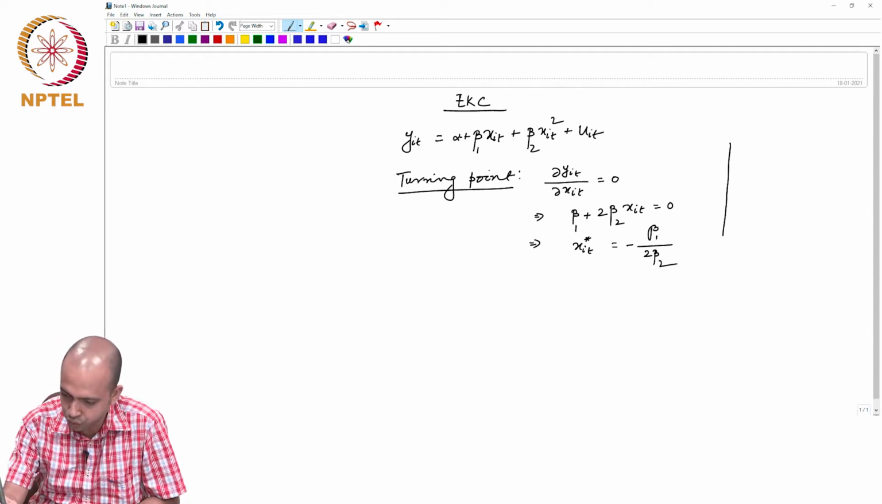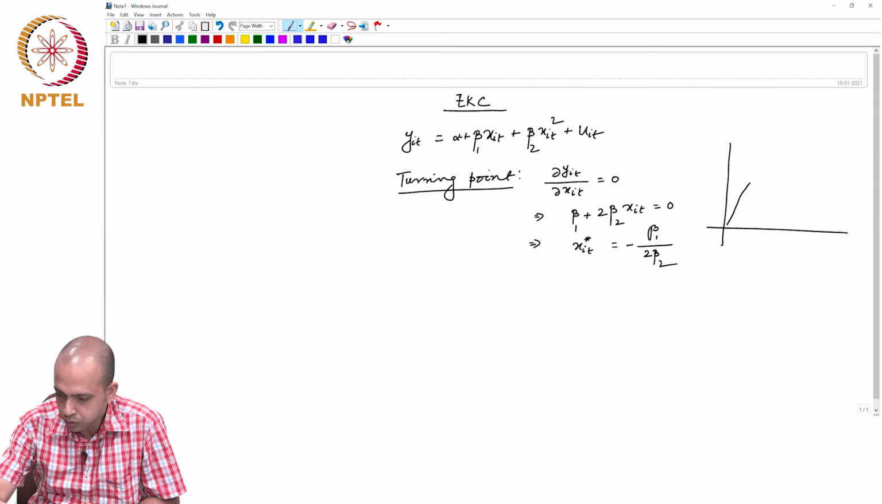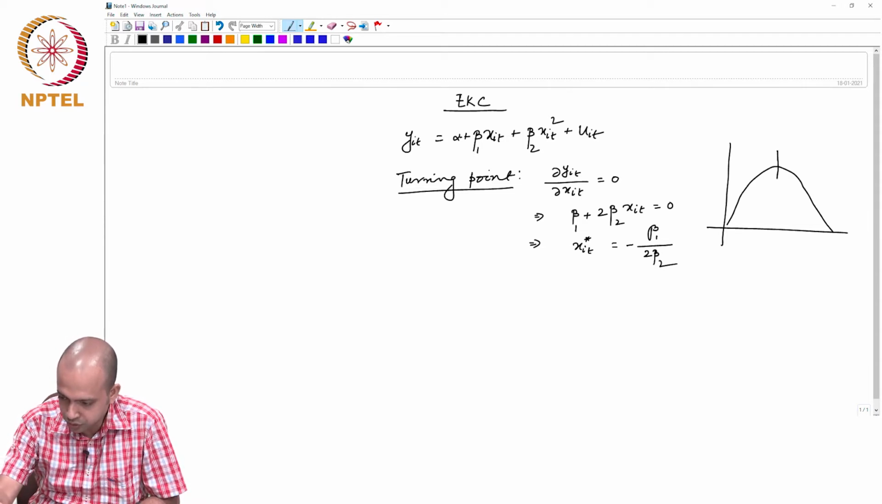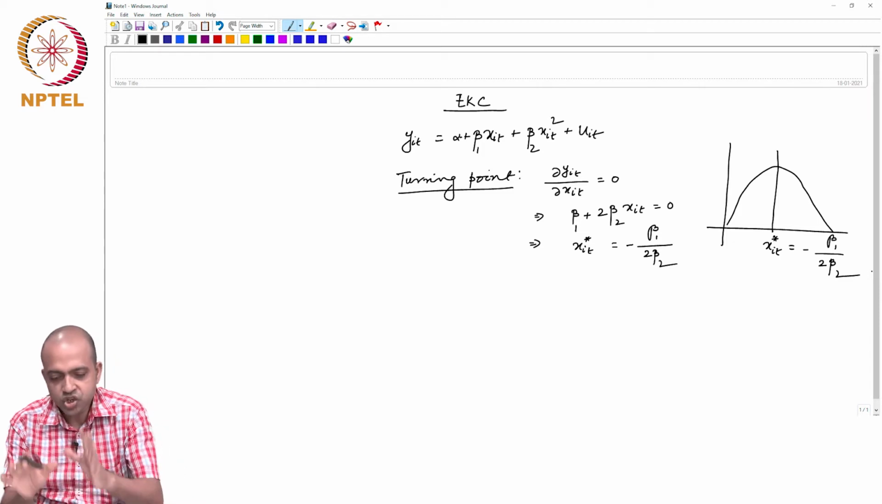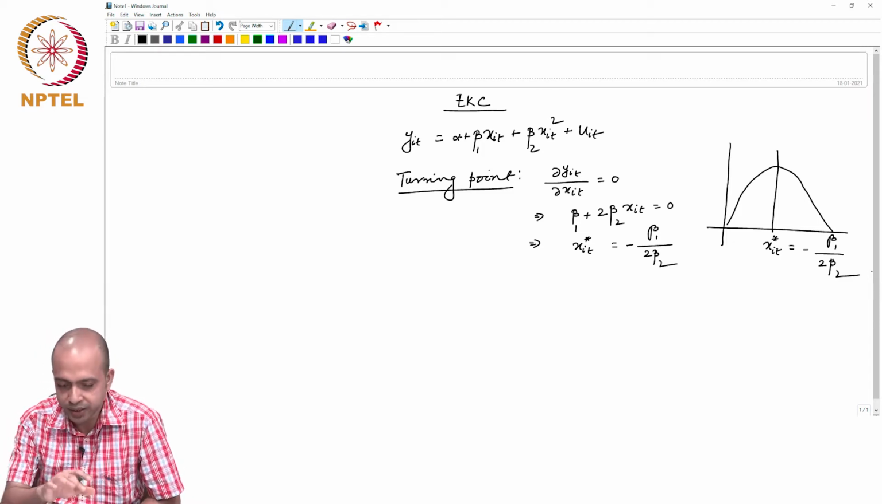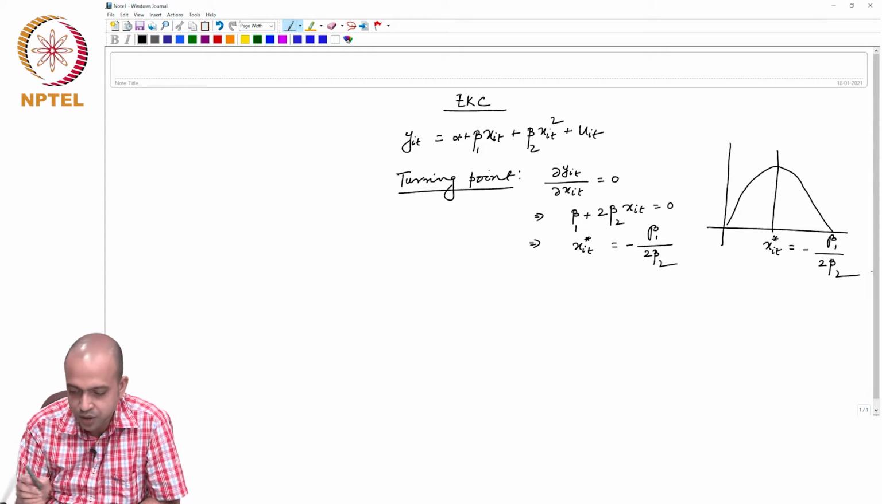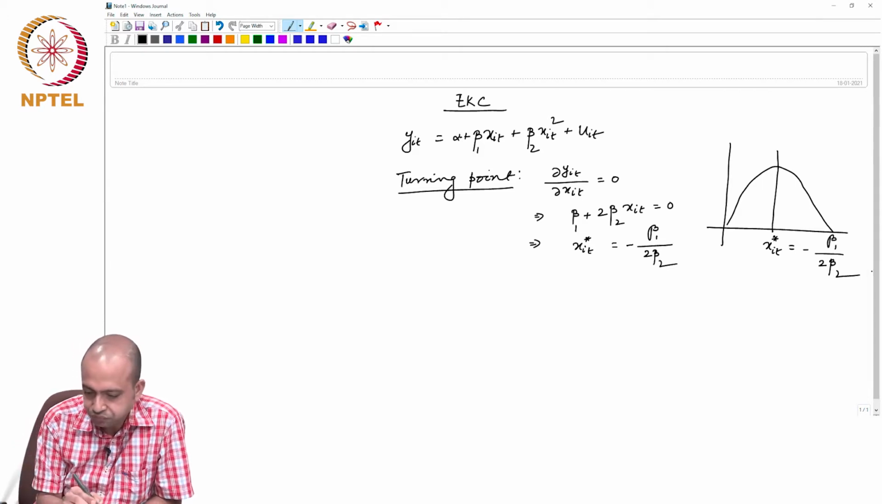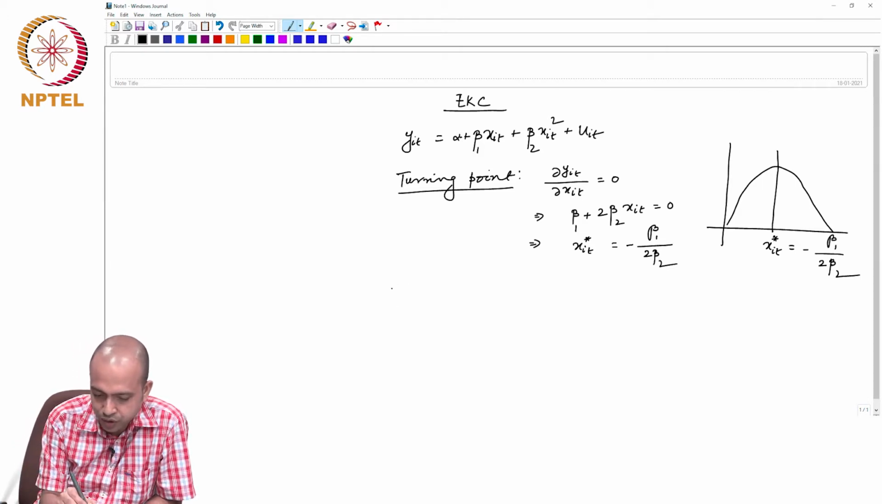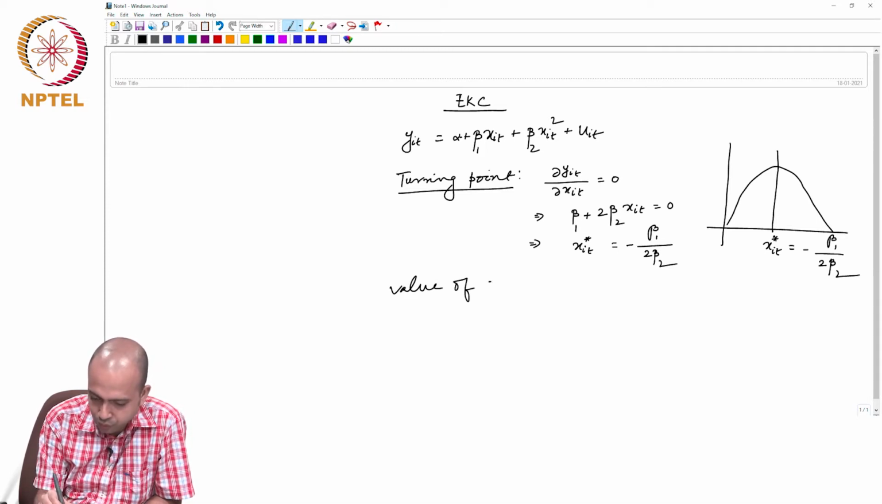So when you draw the EKC, if this is your X_it star, this is actually equal to minus beta 1 divided by 2 into beta 2. Okay. This is how we can get the turning point after estimating the environmental Kuznets curve, and in the empirical literature, the value of this turning point, or TP,